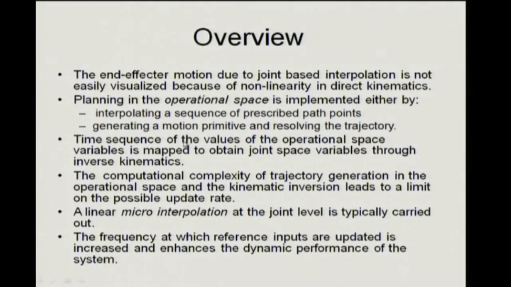Now once you get the time sequence values in the operational space, then you have to do inverse kinematics. When you combine this fact that you have to interpolate and you have to do inverse kinematics, that will place a limitation on your update rates, that is, how often you can do this process, because inverse kinematics, we saw, needs some inverse cos, inverse tan, or if you do Jacobian control, that is another option which is also available. So the first one that you're saying, interpolating a sequence of prescribed path points,